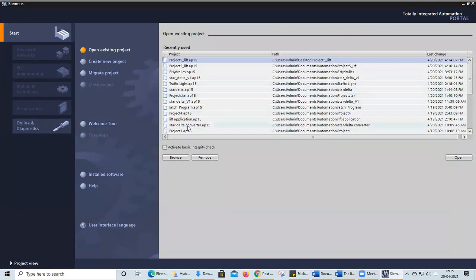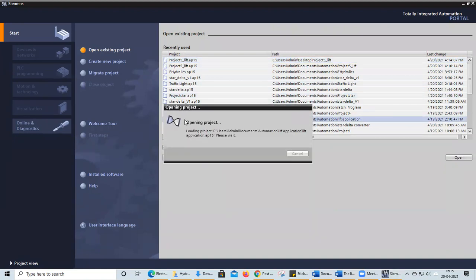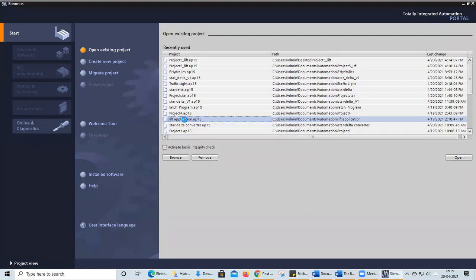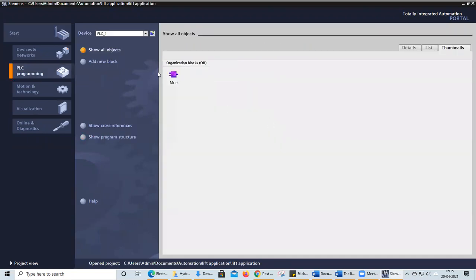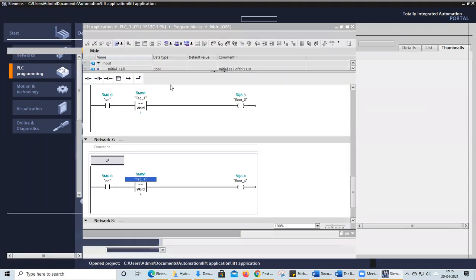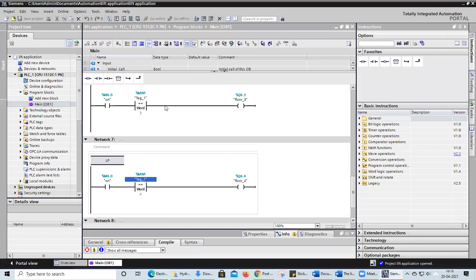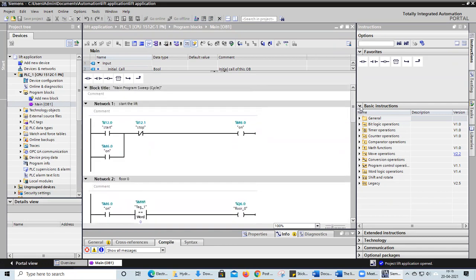Already I have done the same lift application. I will open that previous one. I will check whether it is working or not. Okay, I think everything is same. I have done the same program here.